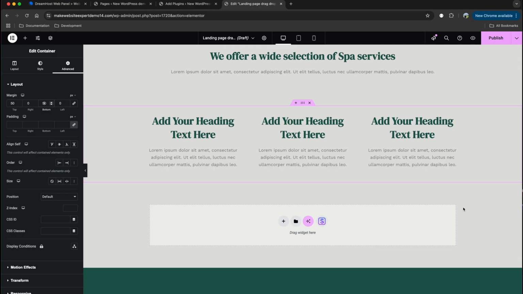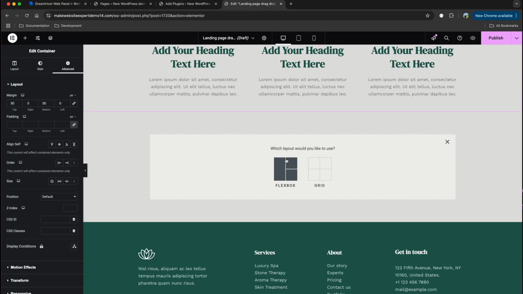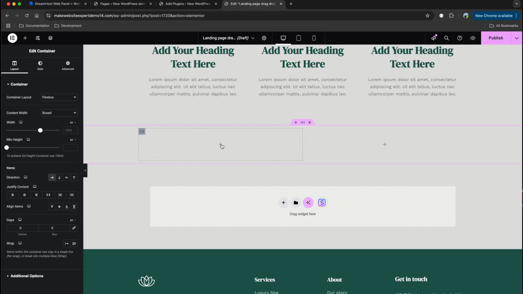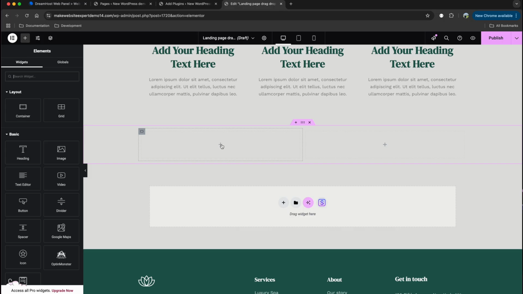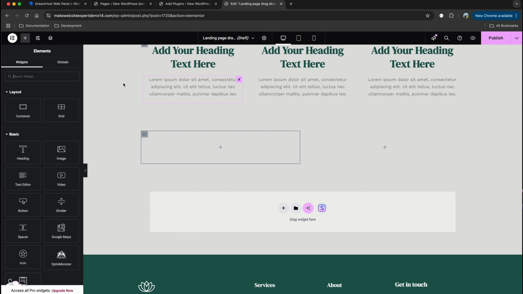Next, let's add another container with images side by side. Scroll down, click the plus icon, select Flexbox for the layout. For structure, select third option, which is 2 blocks side by side. Click the plus icon in the middle for the first column, drag a container. Let's do the same for the second column. Back to the first one,